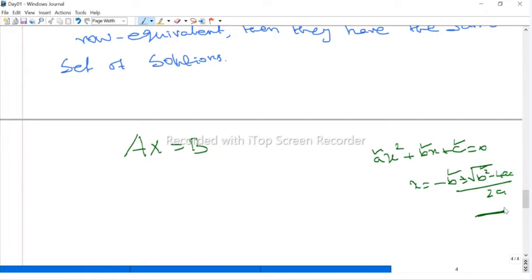Anyway, the solutions are a combination of the coefficients. Suppose here the coefficients are nothing but the entries of the matrix, and we have to find the solution of this system. But suppose the matrix entries are very big, for example 500 times 200. So it's very difficult to solve. You have to multiply and then add, right? Therefore we have to simplify this.